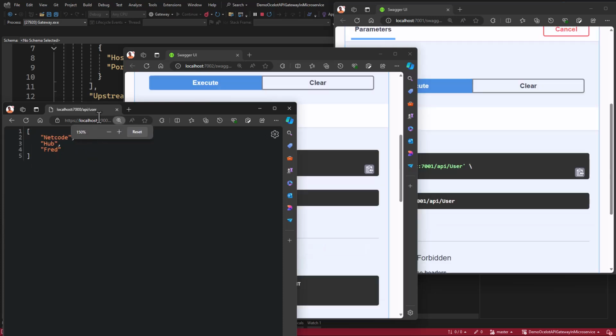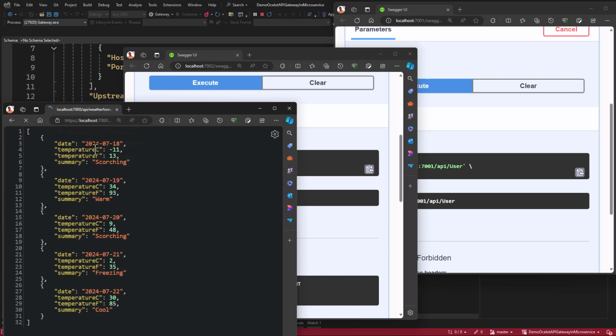Aside from that, you can also access the same route and get the weather forecast, by making it api/weatherforecast. And you can also get this weather forecast data. So you can see that this was configured in the previous video. Now you know how we can restrict all requests and then direct all requests through the API gateway.